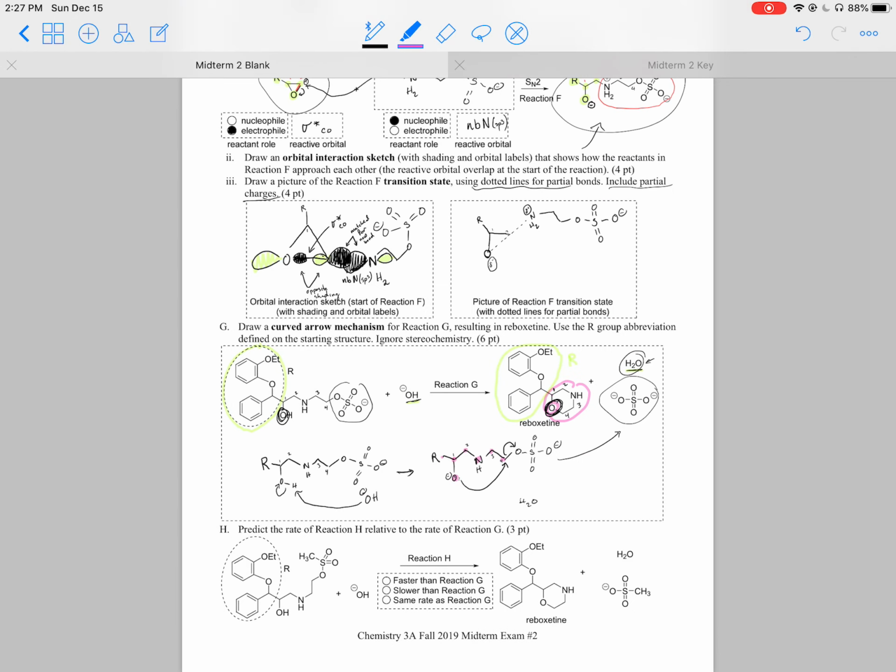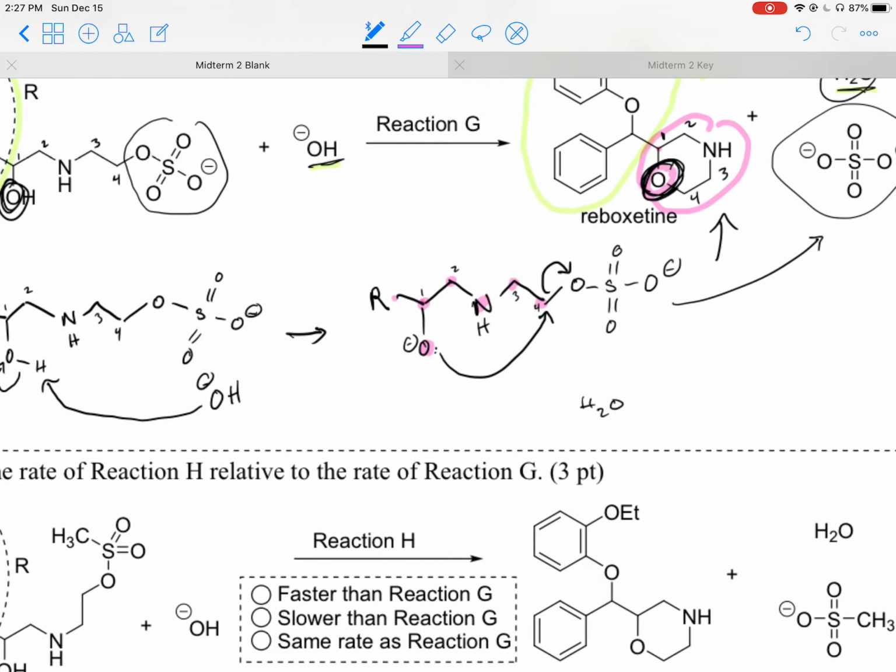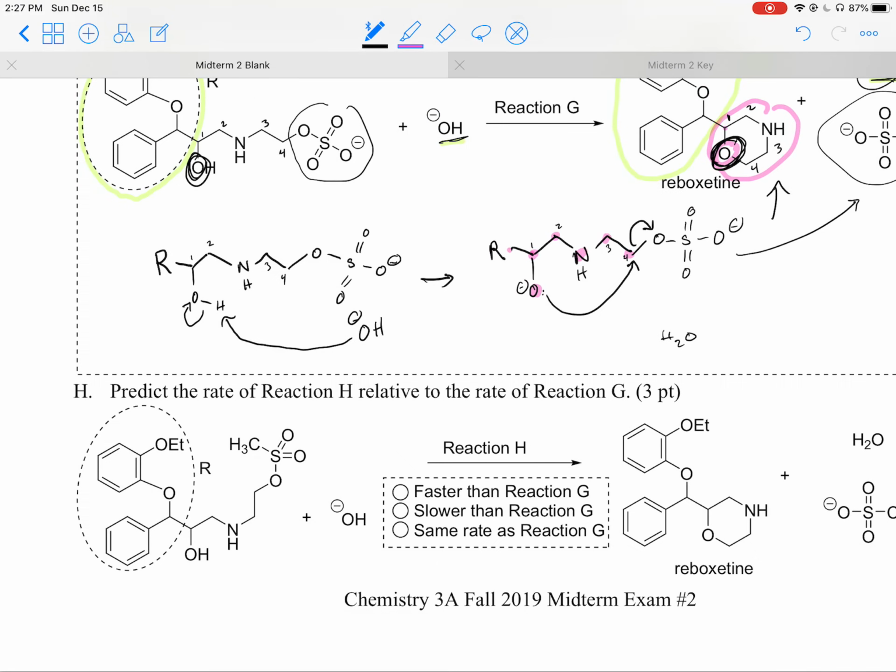And so that gets us to reboxetine. And we're ignoring stereochemistry anyway, so we don't have to worry about that. So that's the answer for this one. We're getting to our final material. Okay, so the next problem